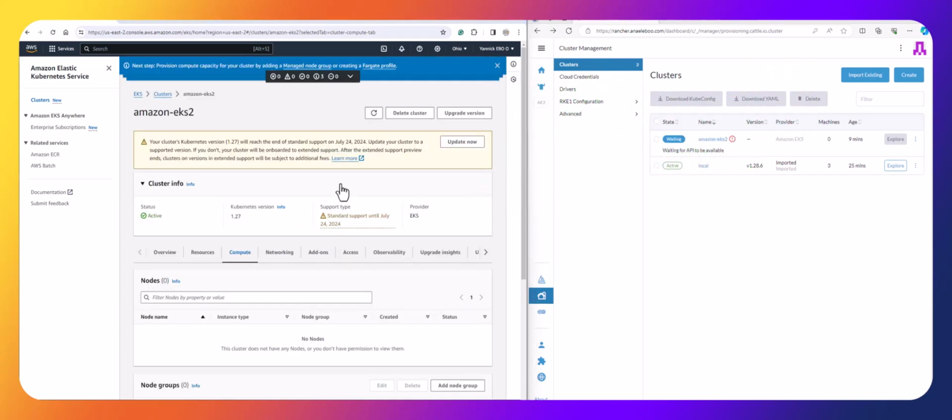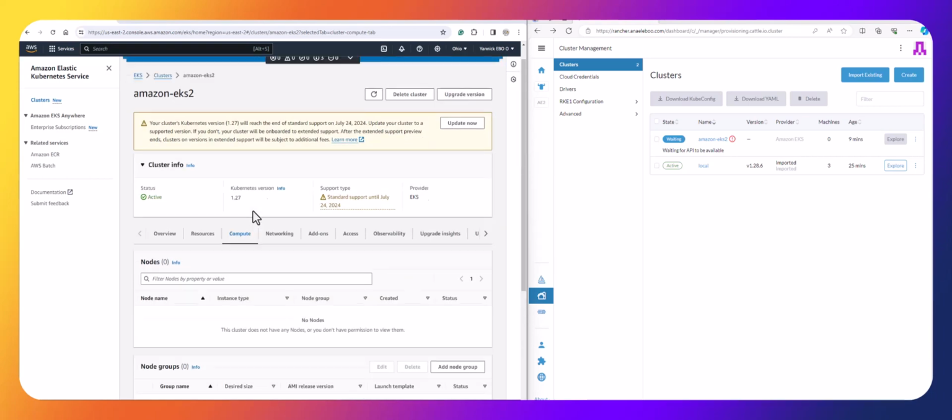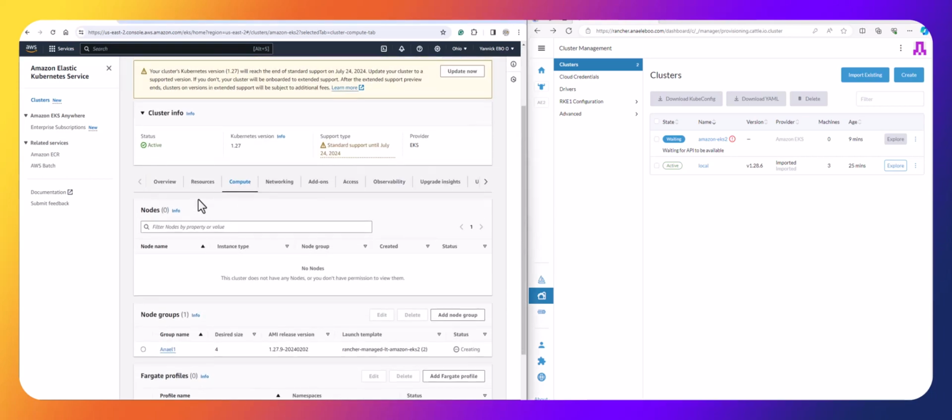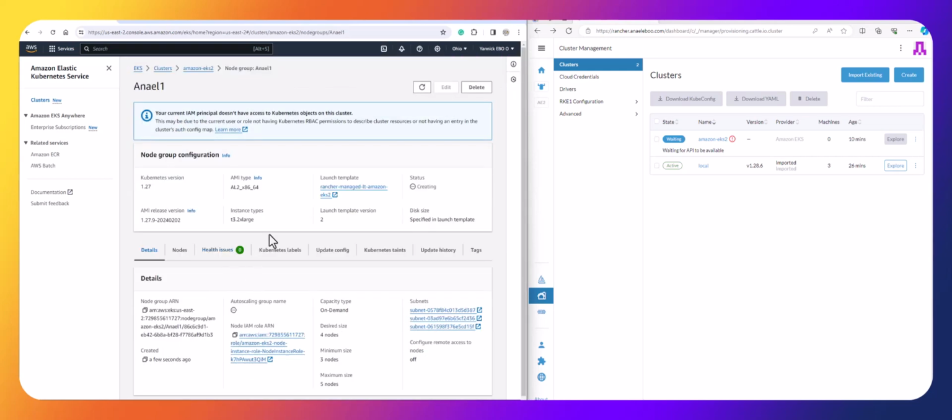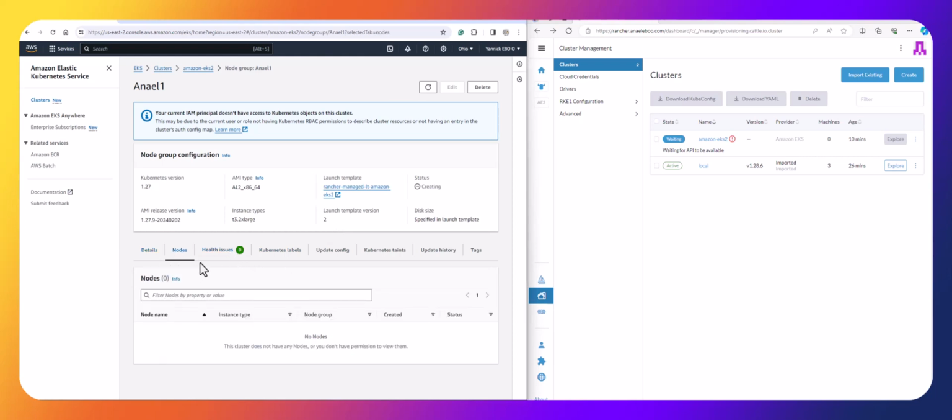And we have some progress. We have like 3 more notifications. And as you guys can see, it is warning us. And we're still waiting on. Now the cluster says active, right? And we have the node group. As you remember, we said that we want the node group name NIL1, and the desired is 4 nodes. The minimum was 3, I think, and the maximum was 5. It's 5, sorry. So the nodes can be created,